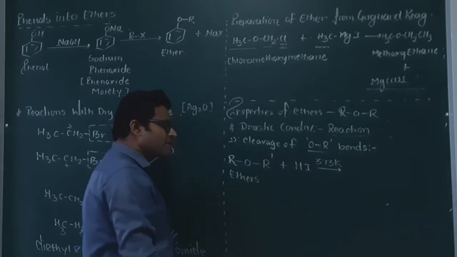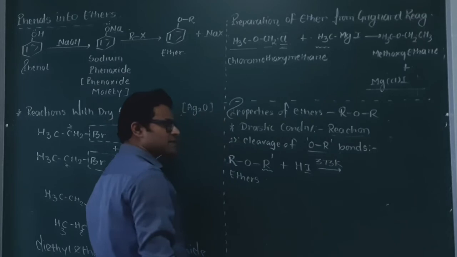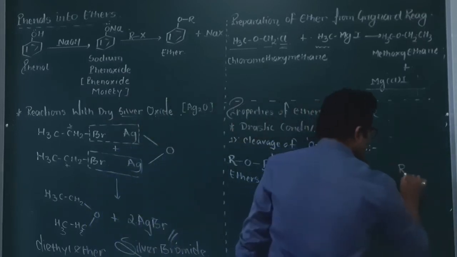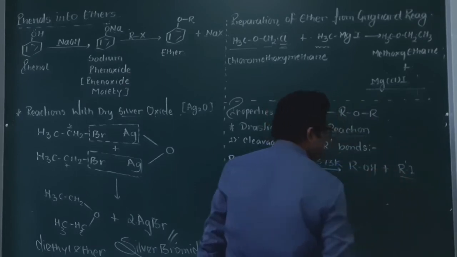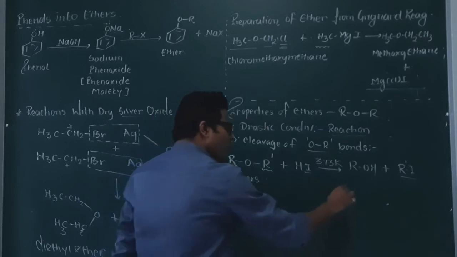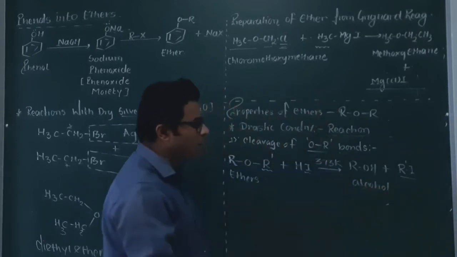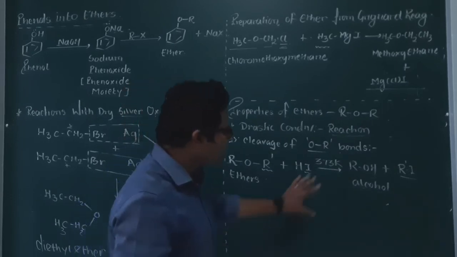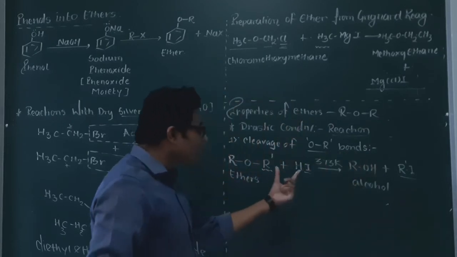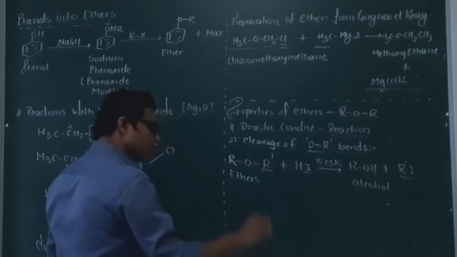When we apply 373 kelvins over here, the alkyl and iodine get attached, giving rise to R-I, alkyl iodide, plus an alcohol. So a mixture of alcohol and alkyl iodide is obtained, of course. Now this particular alcohol further undergoes the reaction with the hydrogen iodide if it is taken in excess.